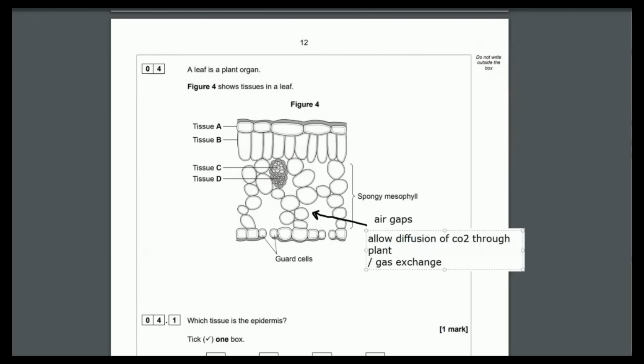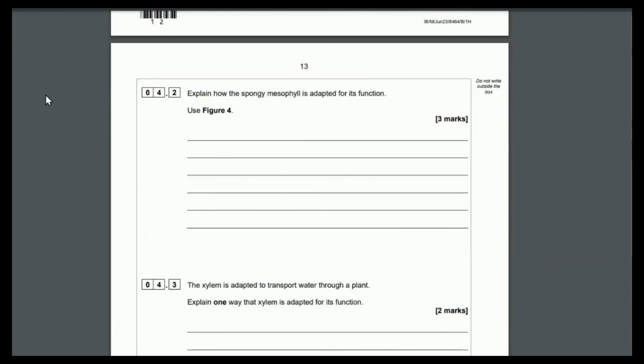through the leaf tissue. So the gas that we want coming into plants is carbon dioxide, because you need carbon in glucose, and the gas that's going out is the waste product of photosynthesis, which is oxygen. Hence, we call it gas exchange. So having air gaps allows those gases to rapidly get to the cells they need to. Carbon dioxide needs to get to tissue B, which is the palisade cells. Those palisade cells are where all the chloroplasts are and where the carbon dioxide is needed for photosynthesis to make glucose.